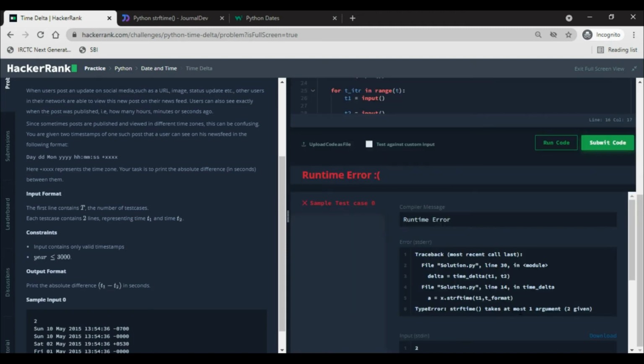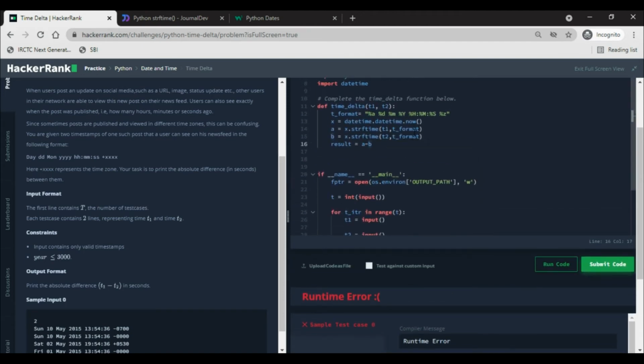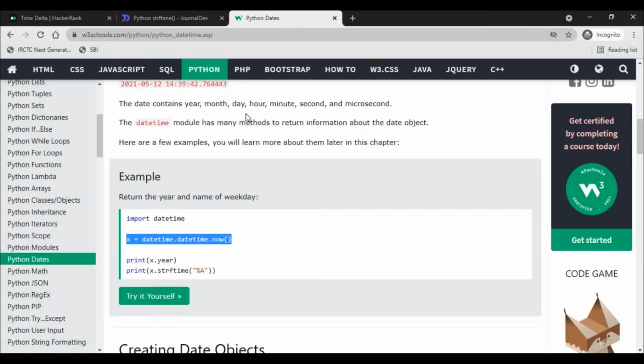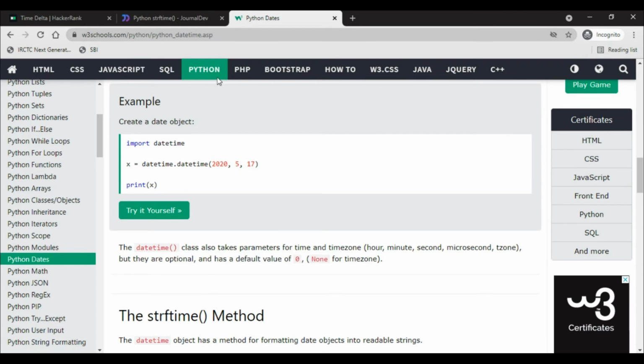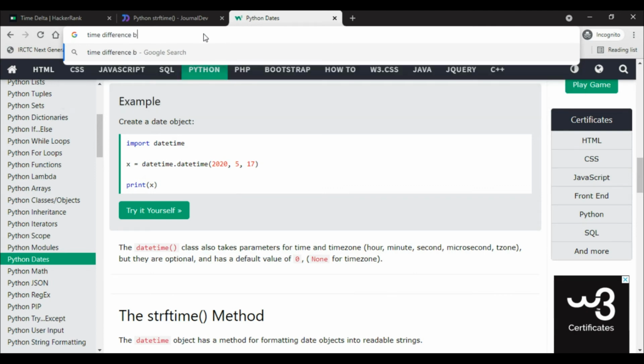So it takes at most one argument, 2 given. But t1 I have to give, right? Okay, let me search difference between two dates, Python.